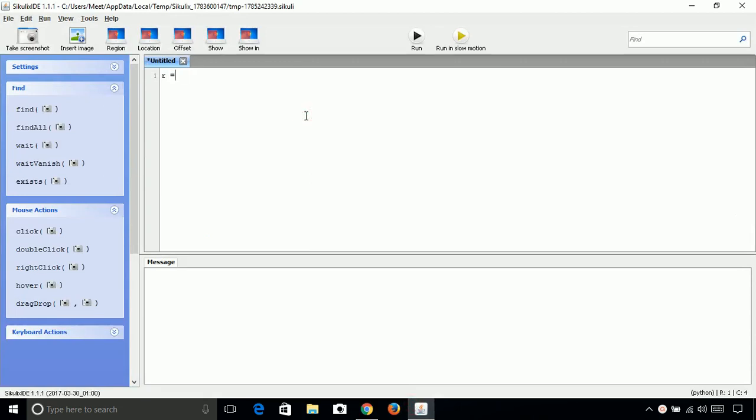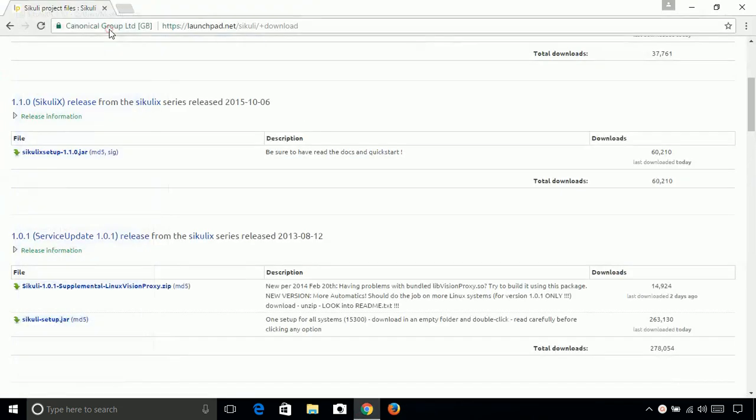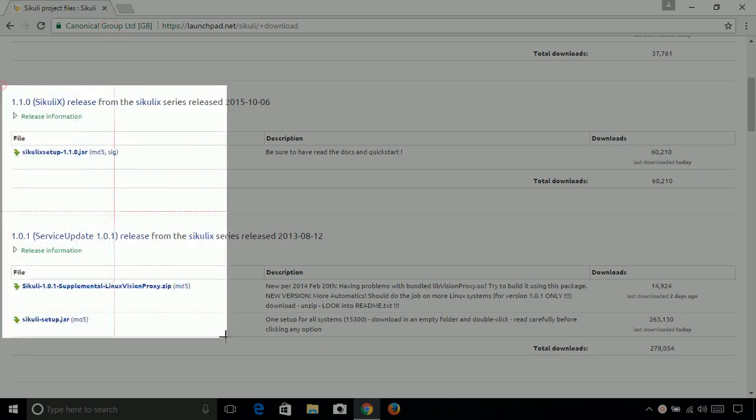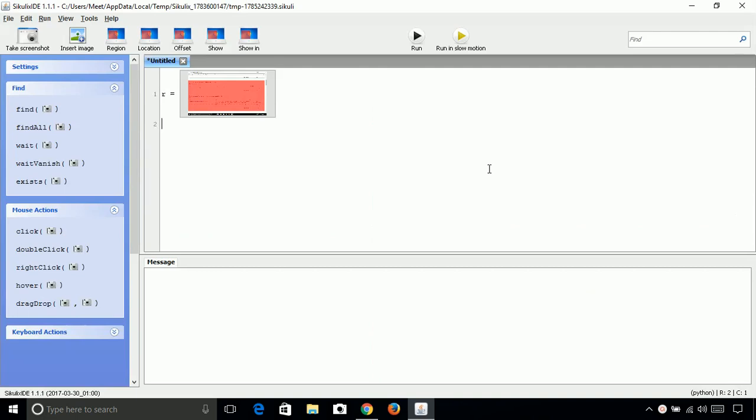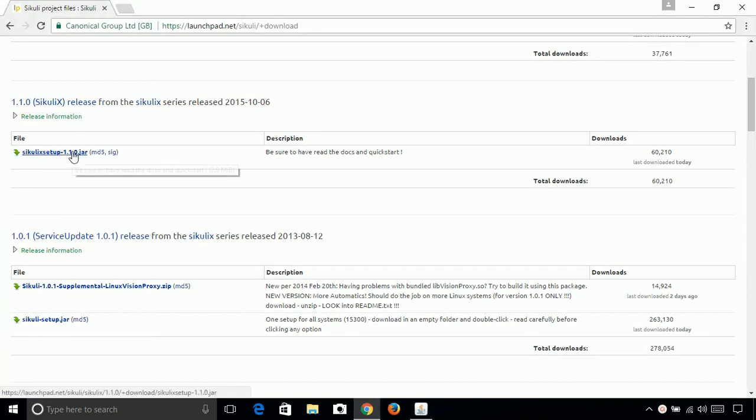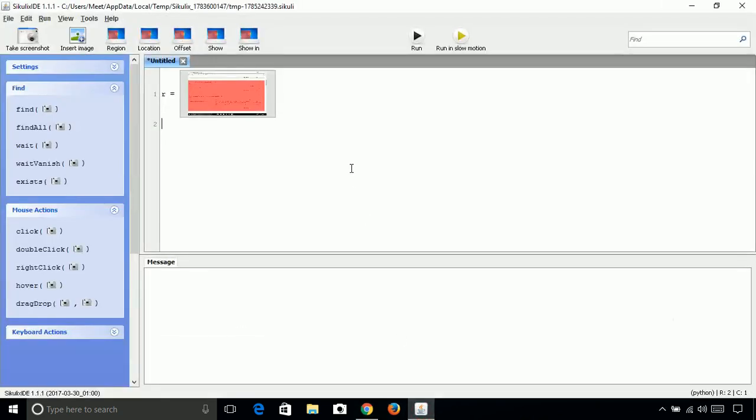First let's define our region. So we will define our region, that is this, drag a box over this region, and then we are going to find all the files which are downloadable. So all these three files in this region we need to download. There is a similarity between these three, which have this icon with them. So we are going to find all the patterns which match this icon.